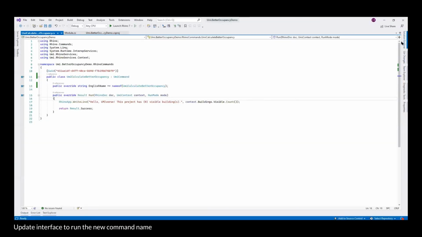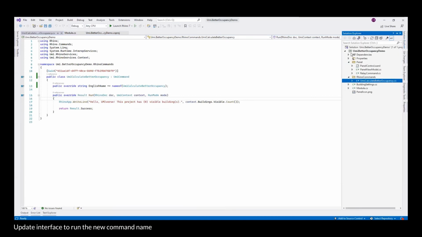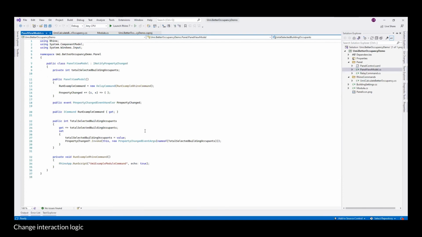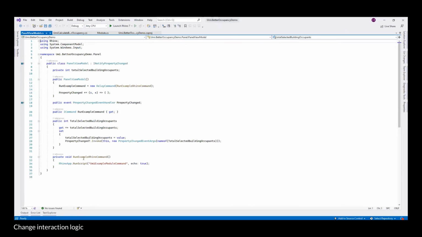The interface is defined using the files in the panel folder here. We won't be getting into most of these in detail in this workshop, but we can see a few of them. The most important files are panelcontrol.xaml, which defines the actual visual interface, and panel view model, which defines the logic of the interface and specifies the code to run and the things to do when somebody interacts with the interface. We want to change the actual interaction logic. So we're going to open up the view model, and we're going to find this function called run example rhino